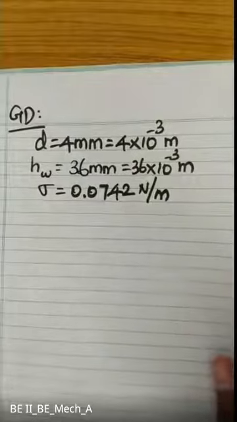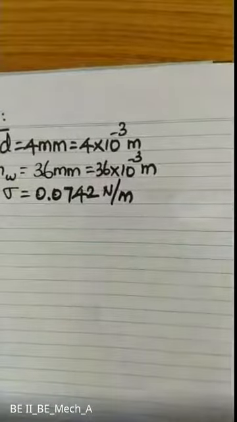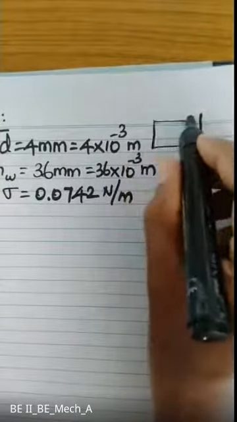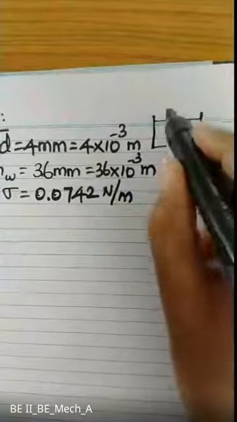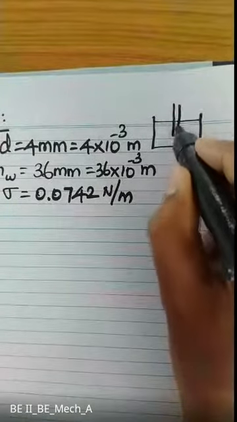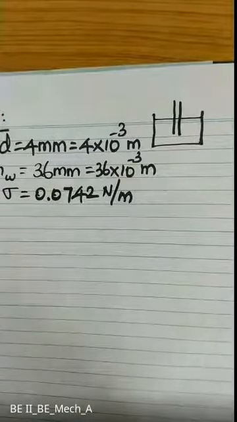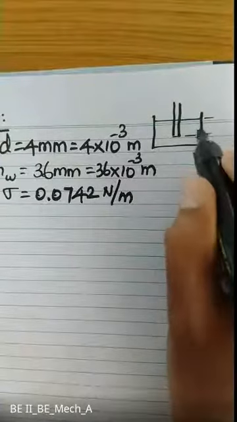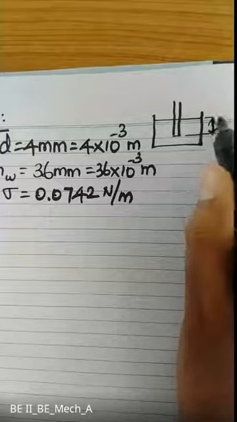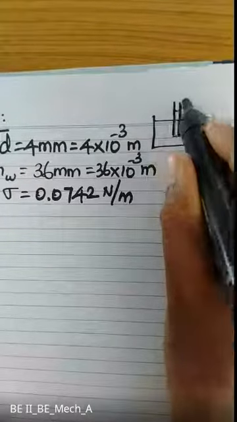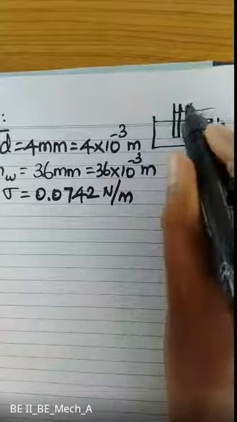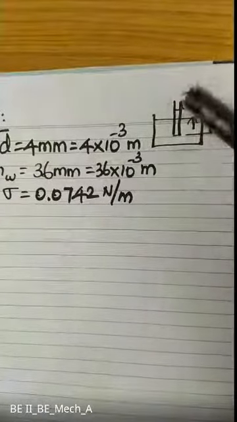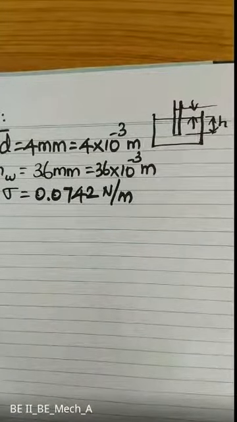If it is needed, I will explain with the diagram, then you will be able to understand it clearly. Please consider this one as a tank. Up to this level, we have water. You are going to immerse a particular diameter glass tube into this water. This particular height is available because it is fully filled with water. This is what is meant in this problem. Actually, you will have a capillarity. This particular value will be called the capillarity. This capillarity can be found only with the help of the particular formula.